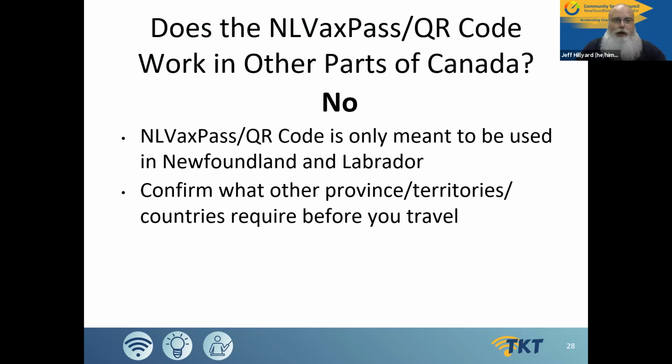Some places don't require any vaccine records. Some places require other things. So you should find out what it is. The QR code is not going to be enough. You're going to need to have a paper copy, likely, I would imagine, what you were given when you received